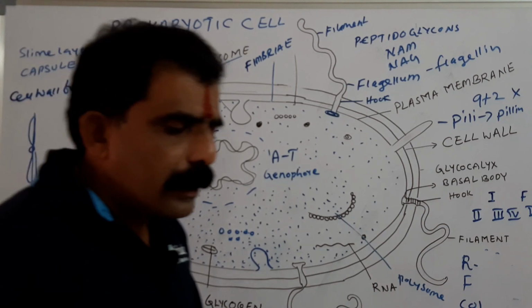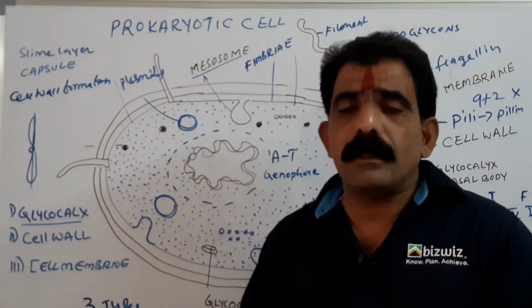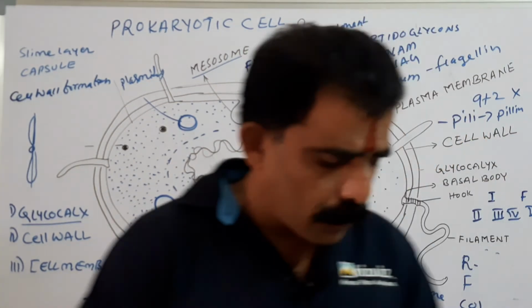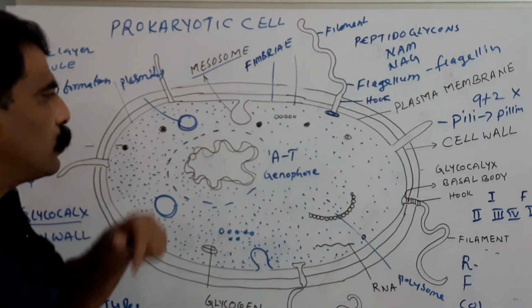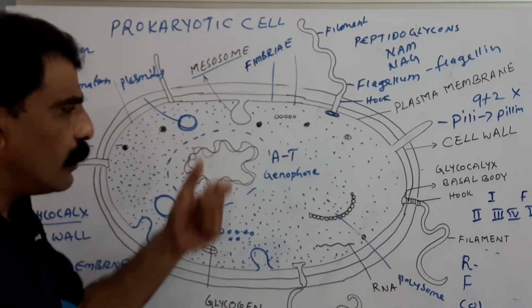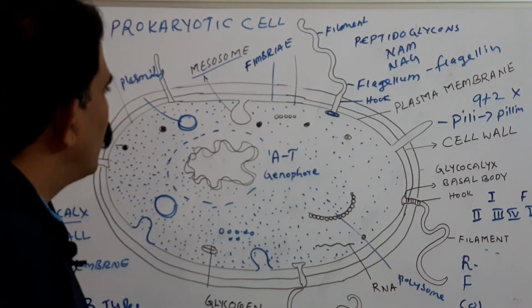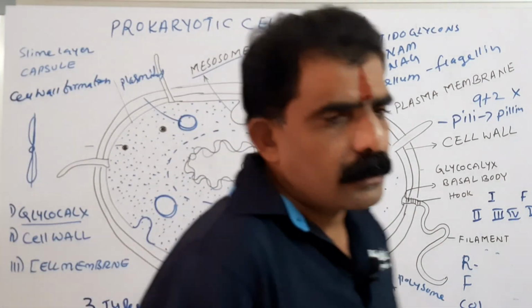In blue-green algae, chromatophores are present which consist of chlorophyll pigments involved in photosynthesis. And the mesosomes are infoldings present in many forms. And you know what the functions of the mesosomes are.